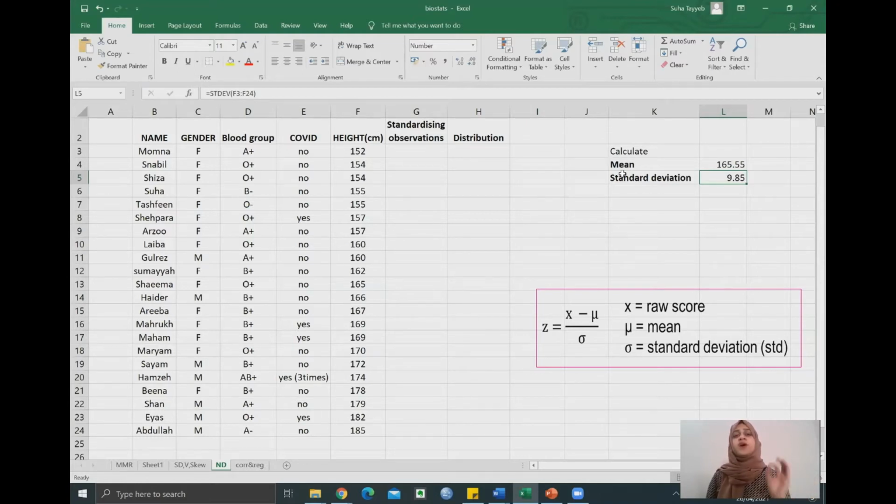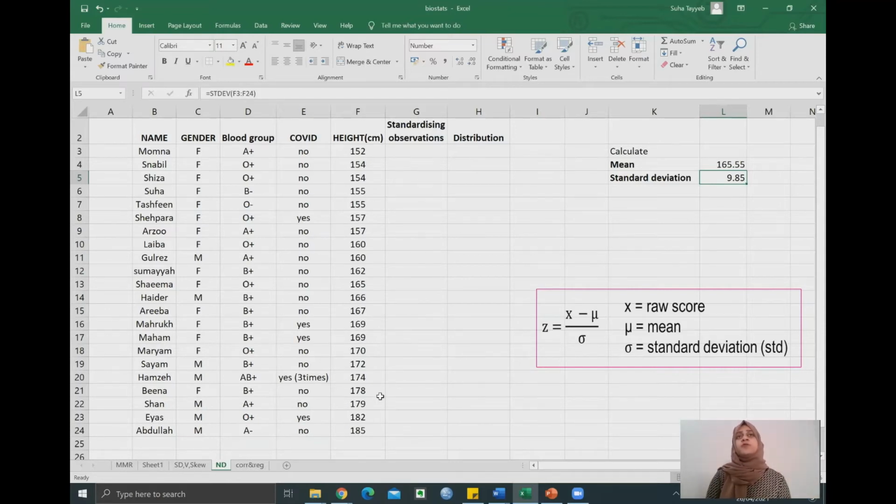Now, once we're done with that, we know our mean, we know our standard deviation. Now I need to standardize my observations, my height values over here. If you remember, we talked about standardizing our values around the mean. So the mean over here is 165.5, which means on a normal distribution curve, it would be labeled as 0. And the standard deviation is 9.85, so that's one standard deviation. And double of that would be 2, so that's how it'll be labeled on our curve.